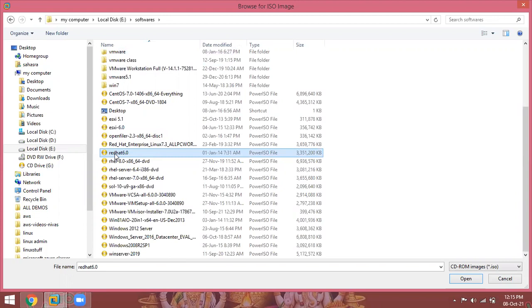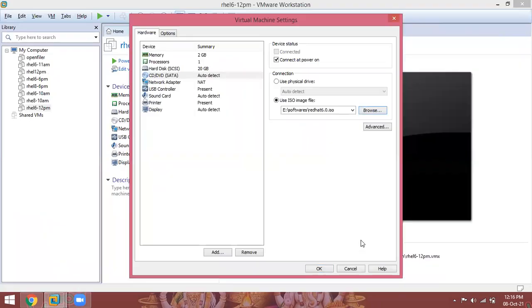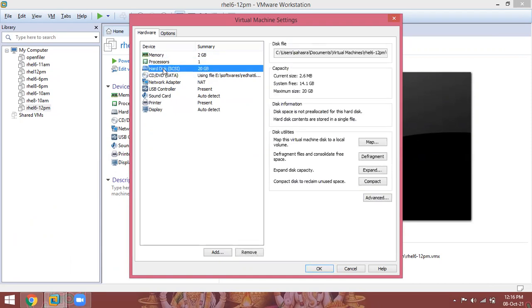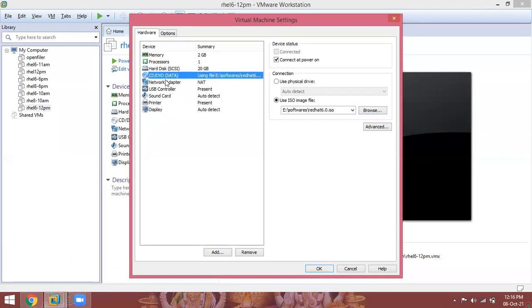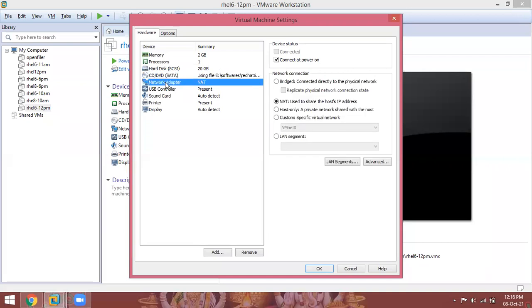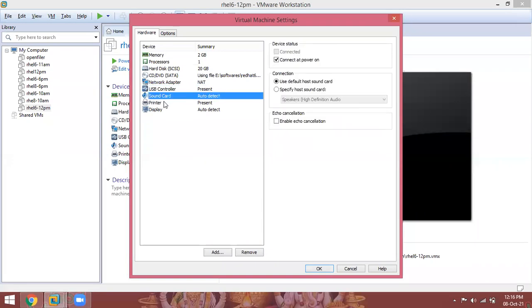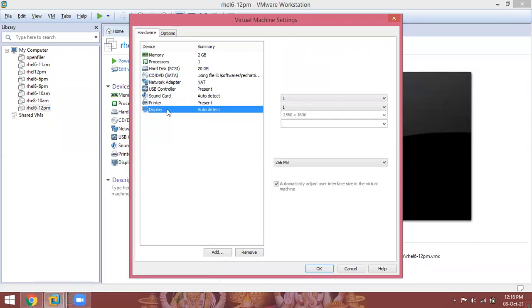Select the image Red Hat 6.0. Click on open. So 2 GB memory, 1 processor, 20 GB hard disk, the ISO image I selected, 1 network interface card, USB controller, sound card, printer, display.